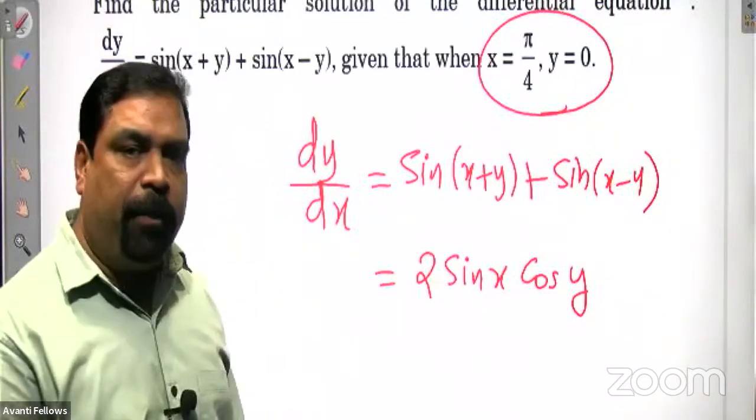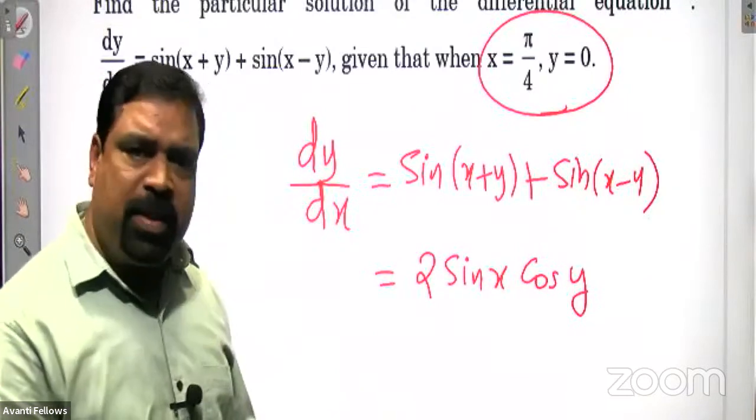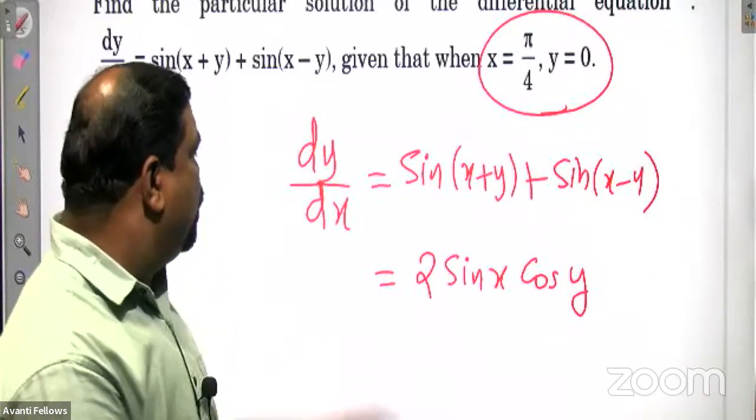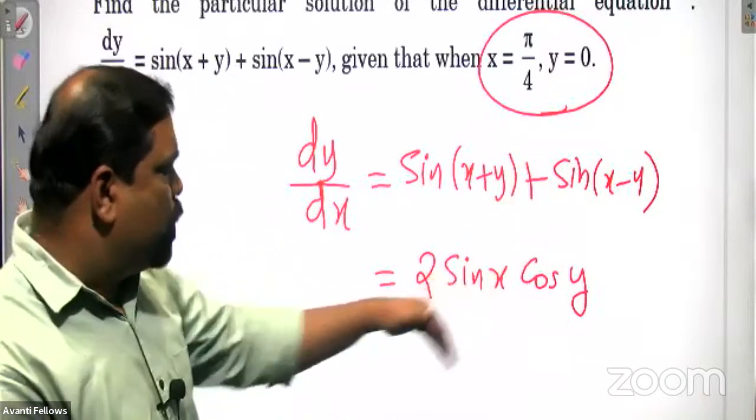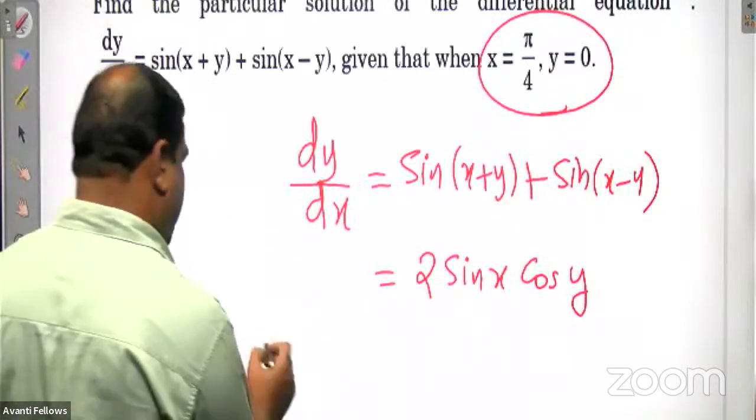2 sin x cos y. Now it is variable separable. Very clearly, we can separate. You take dx on the other side and cos y on the left side. Therefore,